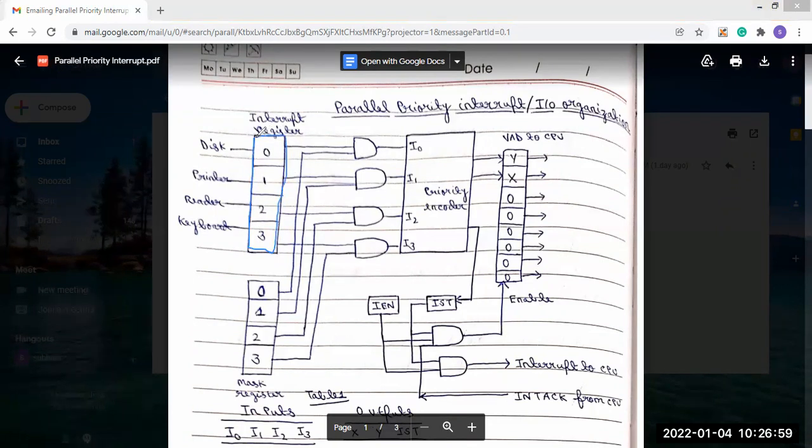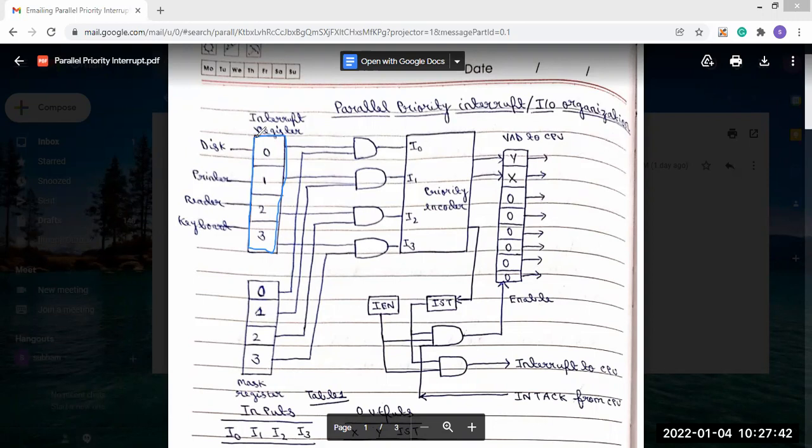Here also, the input output devices are arranged in the same way which we have seen in the serial interrupt, such that whichever device has the highest priority